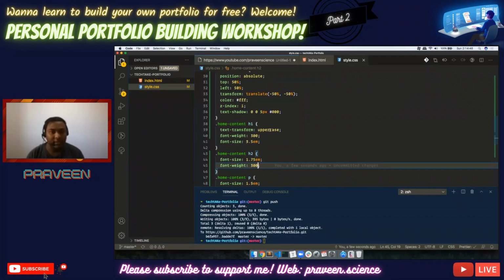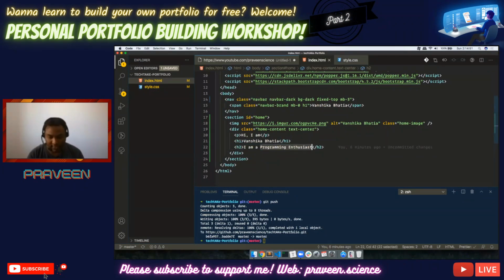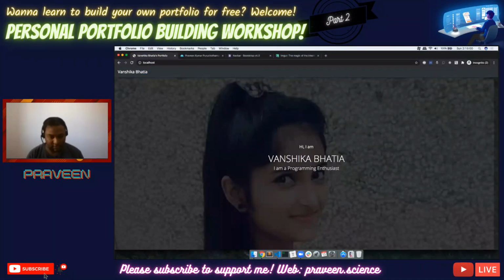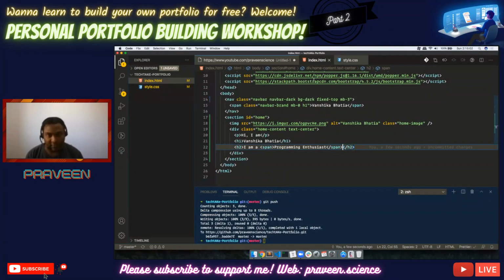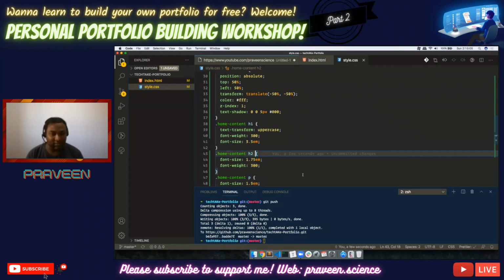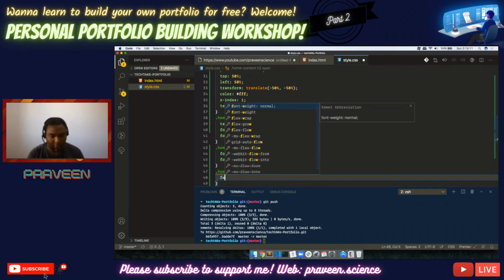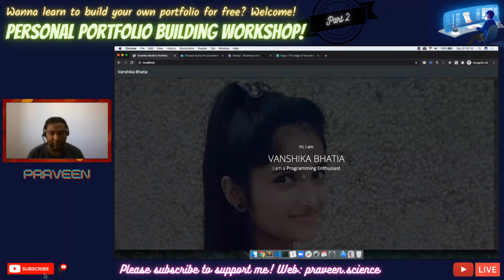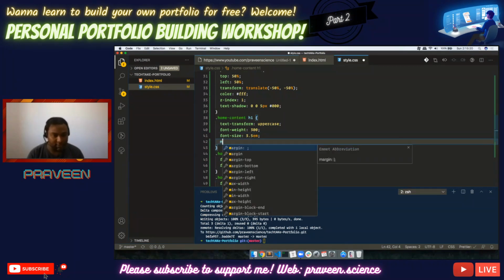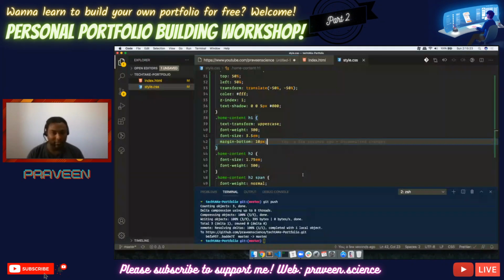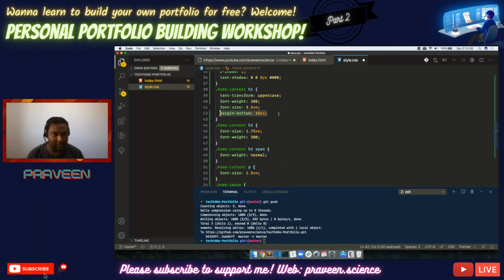Yeah, this looks better. And for this programming enthusiast, let's put it on a span. And if I do this, there won't be any difference because I haven't marked anything. So for the H1, H2 span, let's do font weight normal. Okay. And if I do this, it becomes a bit bigger, like darker or something like that. For H1 alone, let's give a margin bottom of 10 pixels, or that was 16 pixels. So let's make these two things 15 pixels.